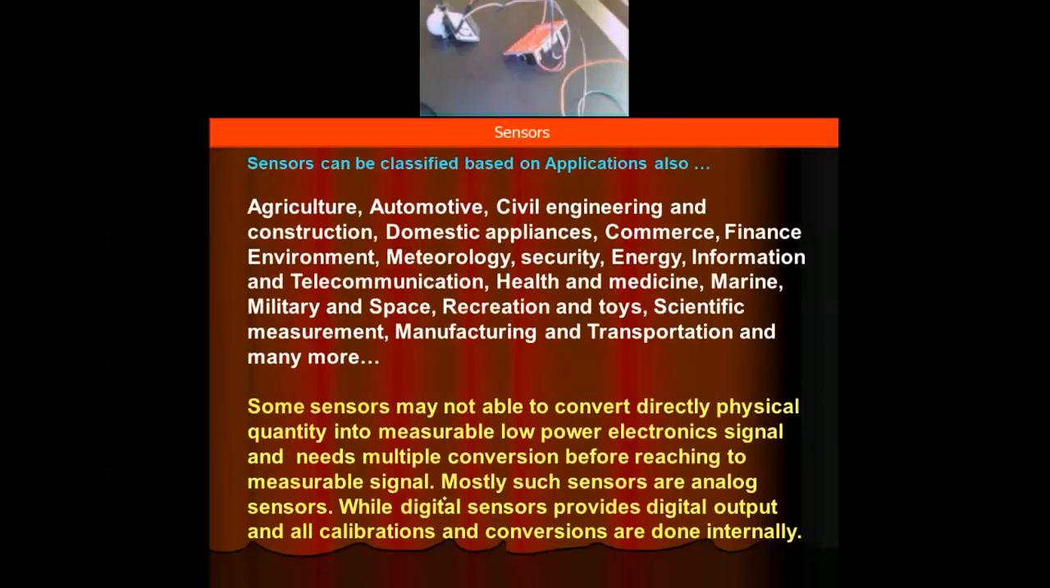The sensors can be classified based on application also, like agriculture, automotive, civil engineering, domestic appliances, commerce, finance, environment, meteorology, security, energy. So there is a wide variety of applications, and based on the application also we can classify the sensors. And some sensors may not be able to convert the physical quantity directly into a measurable low power electronic signal, but require multiple conversions in between. So sometimes you require an operational amplifier, a differential amplifier in between before you connect it with the digital